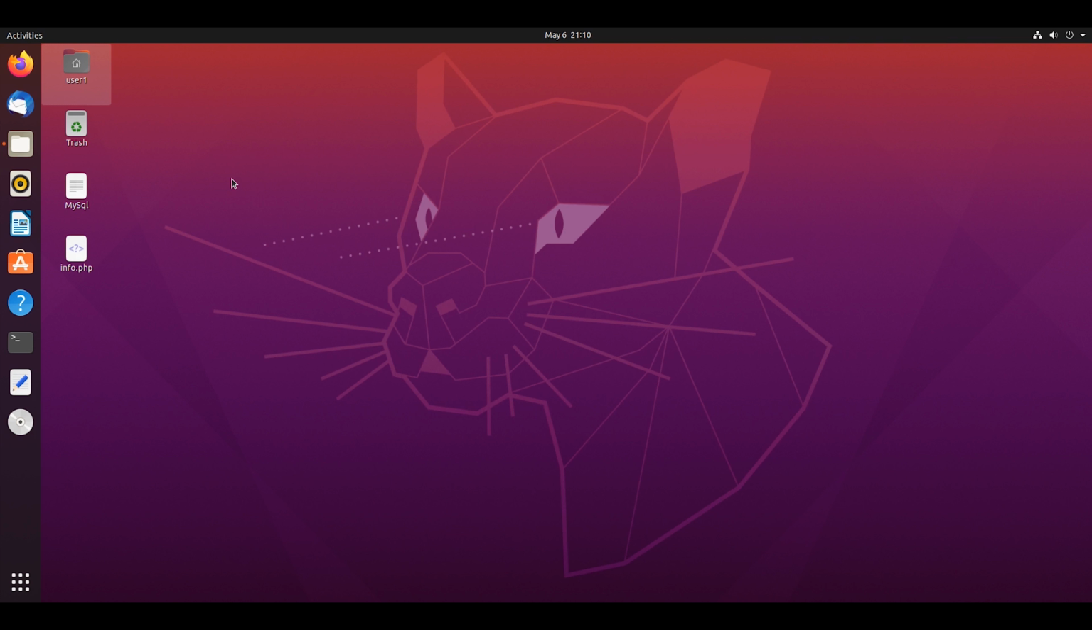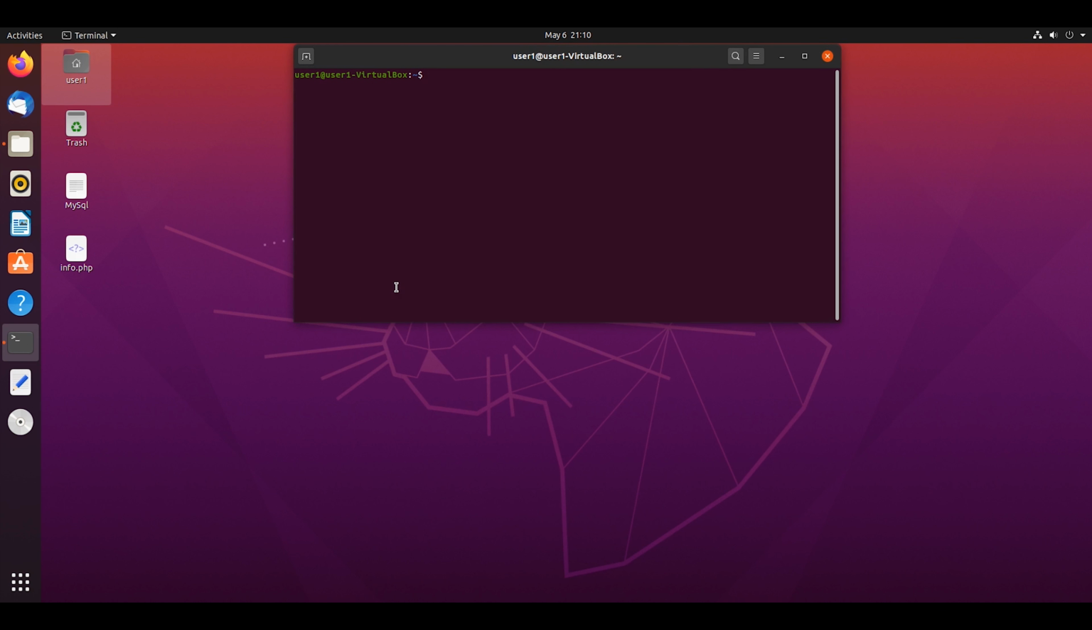Today I'm going to show you how to install WordPress on Ubuntu 2020. I already have PHP version 7.4 installed and also MySQL 8. First of all, I am just going to my HTML folder